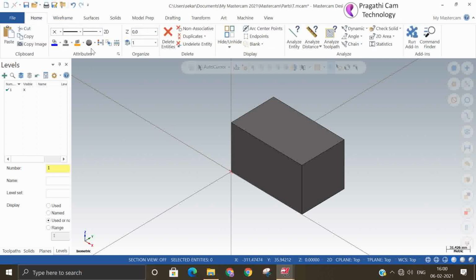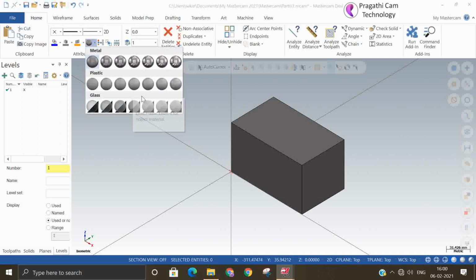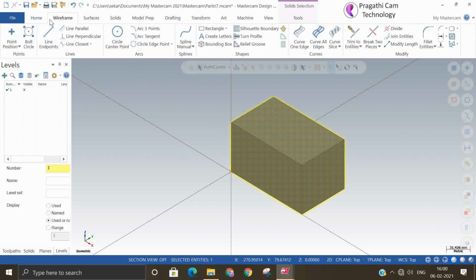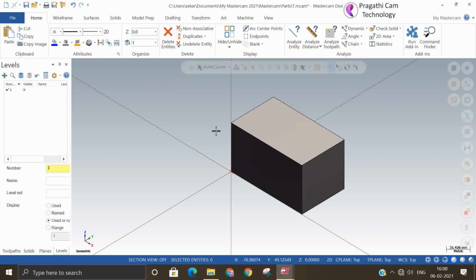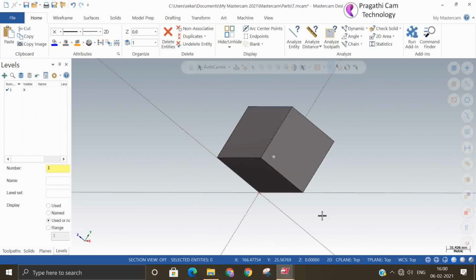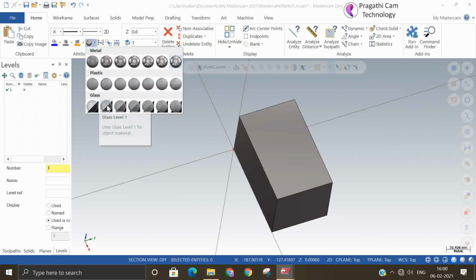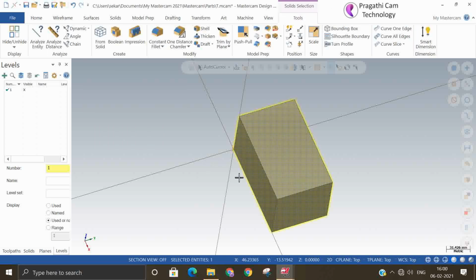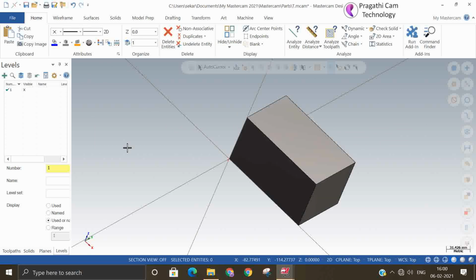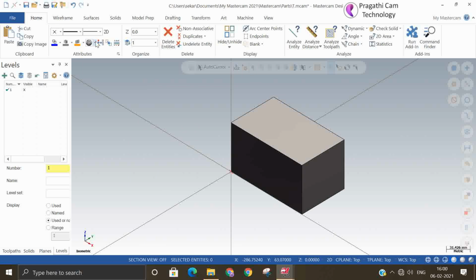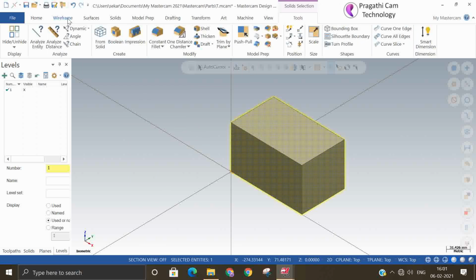So now we can see that shading and other things. From this we can see how it looks. Like this you can modify the material, meaning how it looks. This comes under the shading.